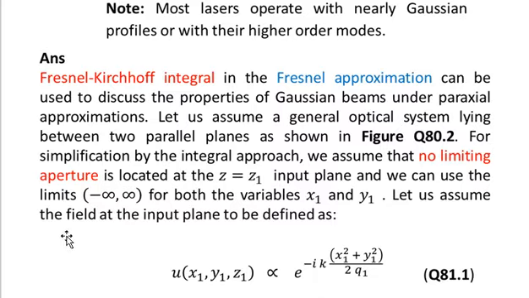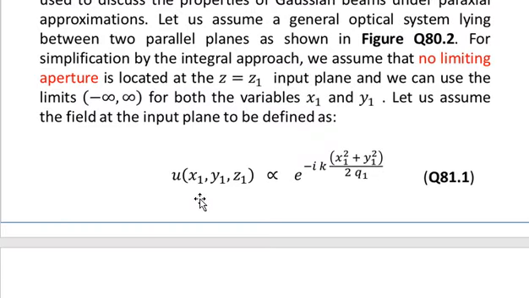Let us assume that the field at the input plane is defined as u of x1 y1 z1 proportional to e to the power minus iota k, and then we have x1 square plus y1 square divided by 2q1. So this is the field that we have defined at the input plane,